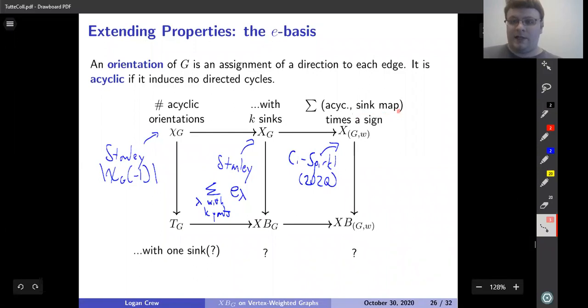So when we pick a sink with weight k, we end up picking not all of its k vertices, but actually a subset of them. Somehow we're picking a subset of the k mini vertices inside of there to actually be true sinks. And we get a sign out of that. So it's an alternating sum that reduces to this case. It's a weird thing, and I'm not going to go too much into that, but this is a really cool thing that comes out of adding the weights, is that we now have a deletion contraction formula for this,